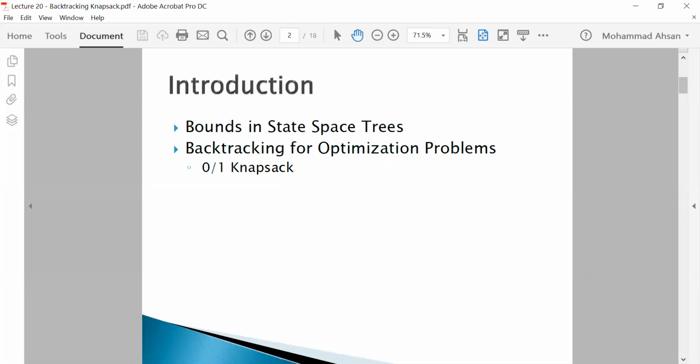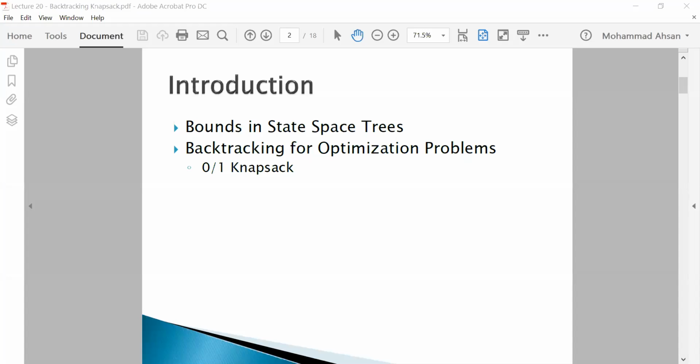study how we represent our problem in the form of state space trees, which is not an actual tree, the tree data structure that we have studied earlier, but just a representation of all the possibilities that can arise while you are finding a solution to a particular problem. So we did fixed tuple state space trees and variable tuple state space trees, and we solved the sum of subsets problem with that using both types of trees. And then we also talked about